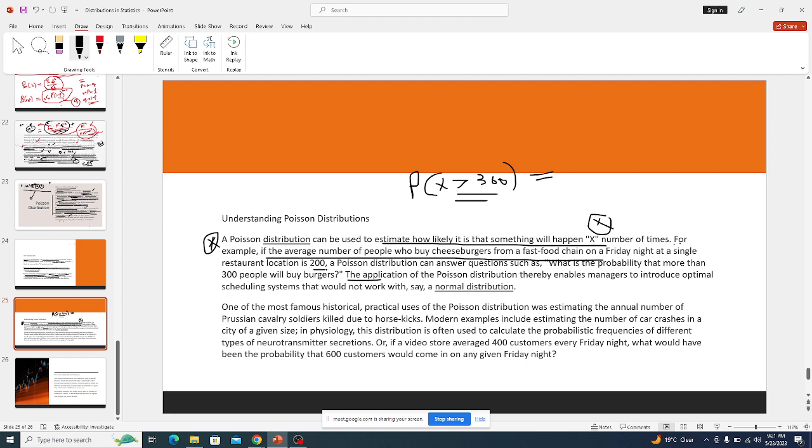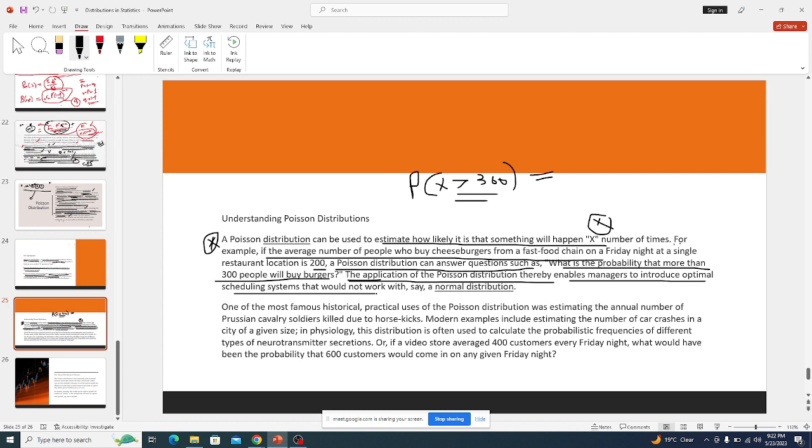This is maybe the normal number we are used to getting. So a Poisson distribution can answer questions such as what is the probability that more than 300 people will buy burgers. Then the application of Poisson distribution will enable the manager to introduce an optimal scheduling system